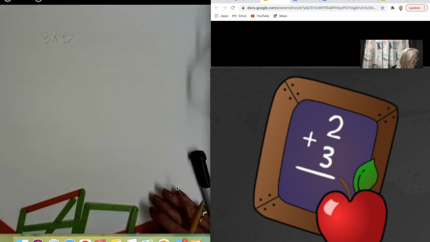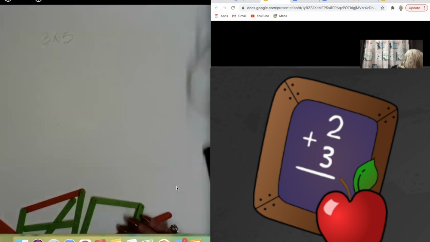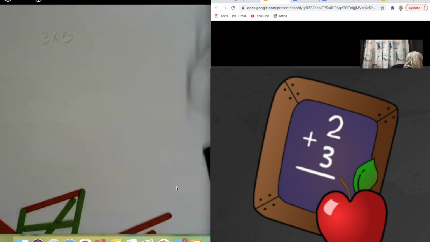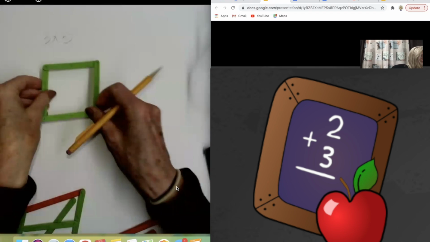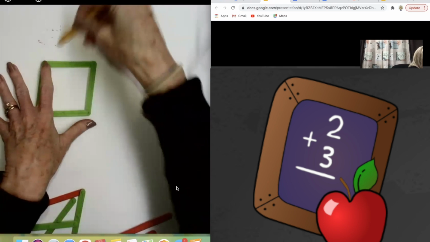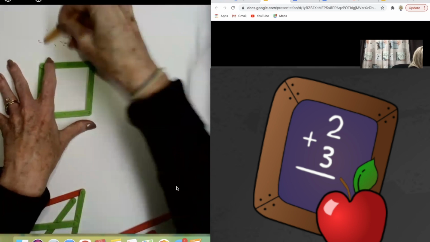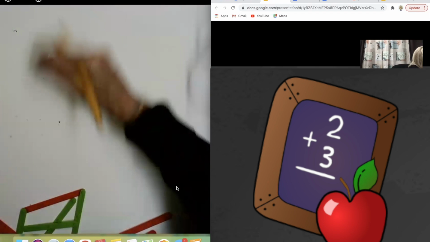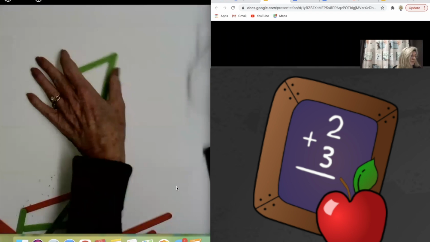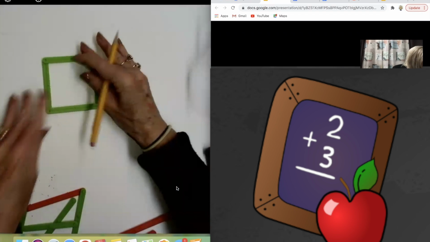Okay. And then another tool that I didn't share with you at first was these nice, cool little exploragons. And these exploragons, of course, could be used for our geometry. We can use them to do what? You guys tell me. Come on, share with me. What could we use these for?